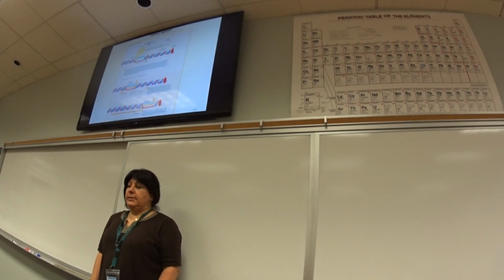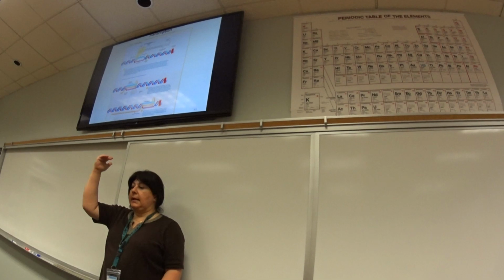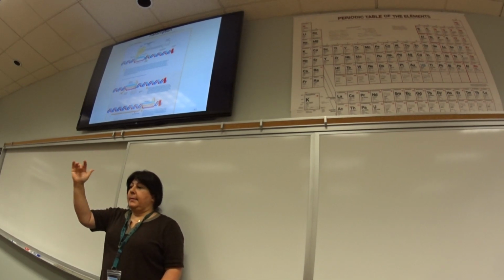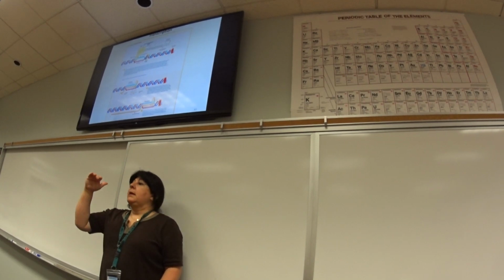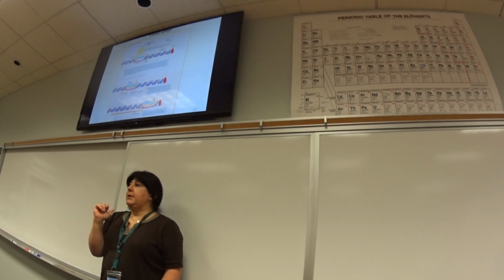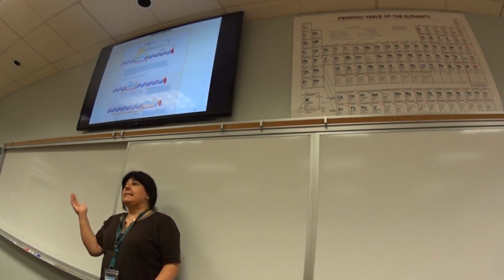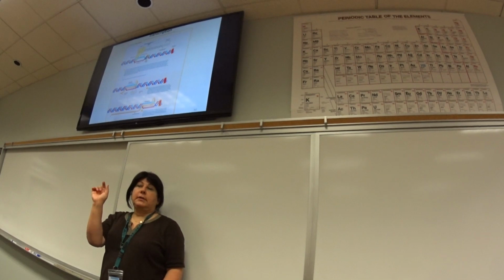Just make sure that you understand the order of the enzymes: helicase, primase, DNA polymerase 3, DNA polymerase 1, and then DNA ligase. Helicase attaches to origin of replication, unzips DNA, breaks the hydrogen bonds. Primase has to come and put a short